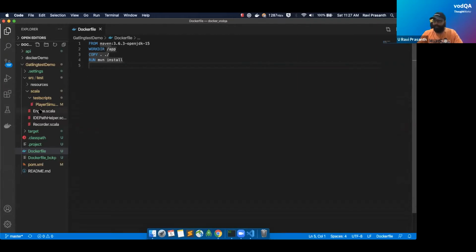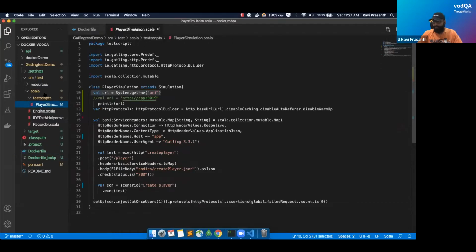And I told you I have given it as an environment variable. Why? Because this is a container and it is not a localhost where we are running the app. So we need to inform this Gatling container that your server is running in the app container, which is running with the name app. So you can right away point it to that particular container, and your port is exposed as 8019.